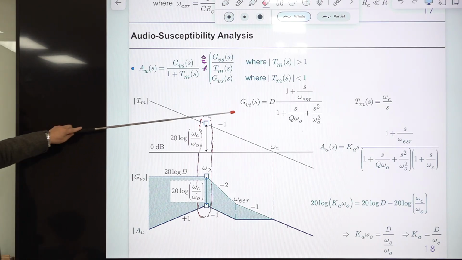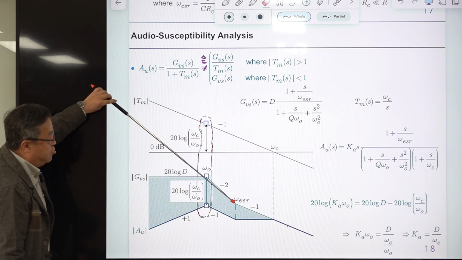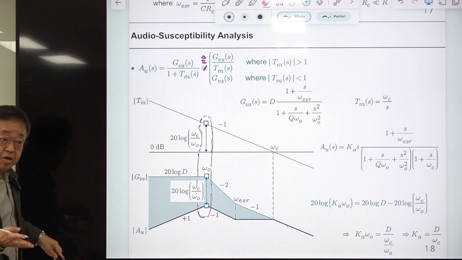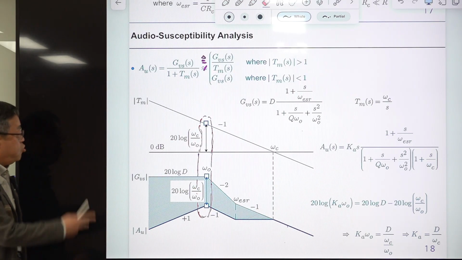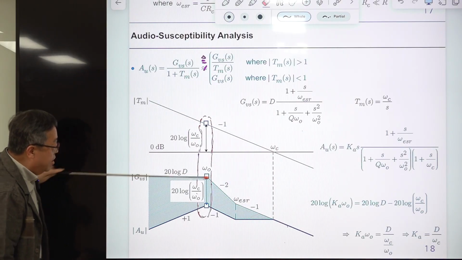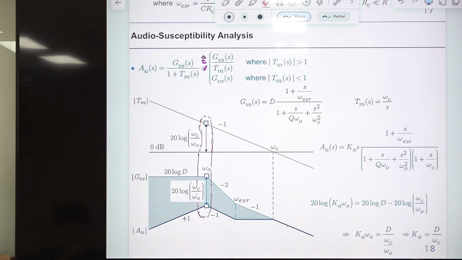And this is the input to output transfer function. Low frequency gain is t, so this is a horizontal line of 20 log t, and here we have a double pole, so the slope declines by 2, so you have a -2 slope, and the ESR zero is coming later. Okay, this is the usual case. So you have two individual magnitude plots, of this one and this one, and we use these to graphically construct the asymptotic plot of this one.